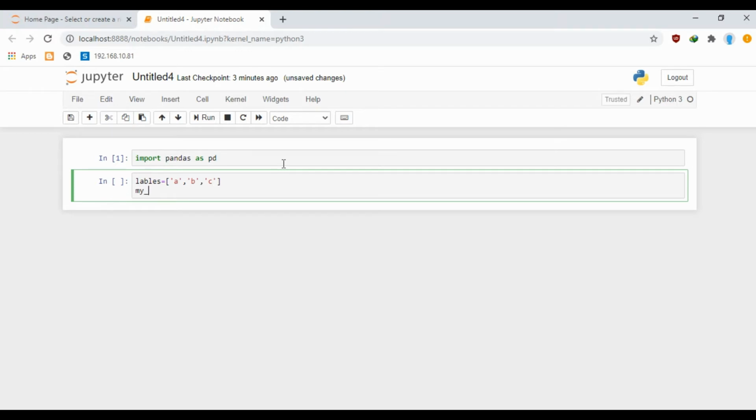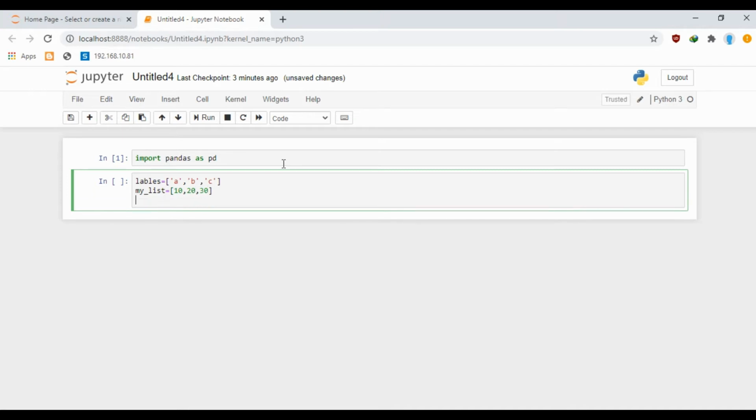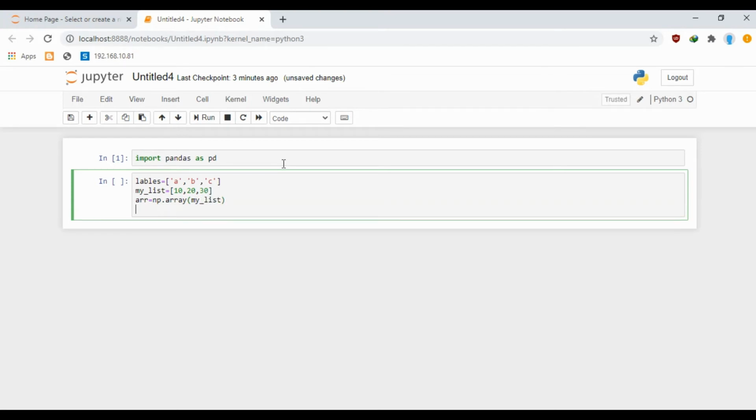Second, I'll create a list of numbers. Third, I'll create an array of my list. Fourth, I'll create a dictionary.